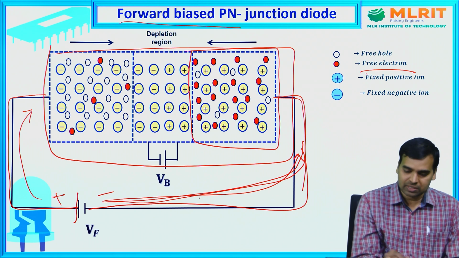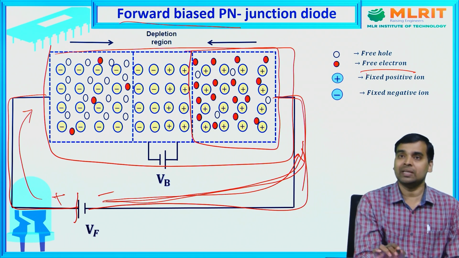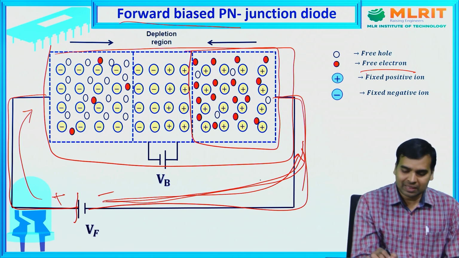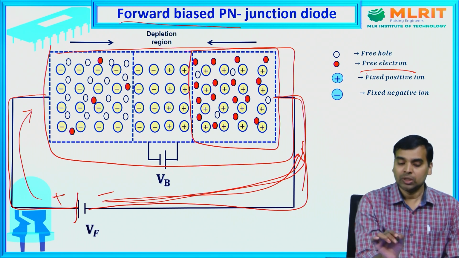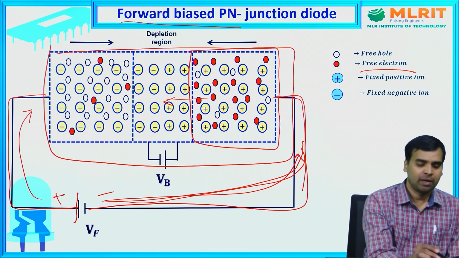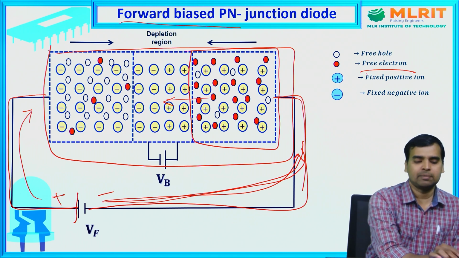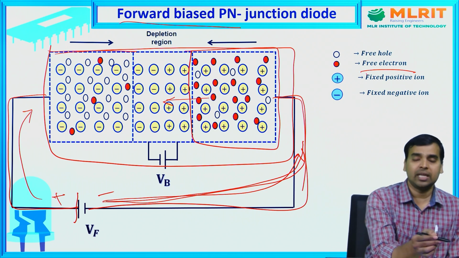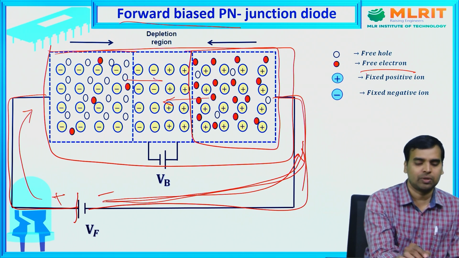That means electrons are increasing with increasing forward voltage. I hope you all know that there exists a repulsion force between like charges. So between these incoming electrons and the electrons in the n-type semiconductor, there exists repulsion. Due to the repulsion, electrons try to move towards the barrier. At the same time, from the p-type side also positive charges are coming. In the p-type side there exists a large number of free holes, which have an imaginary positive charge. Again, between positive and positive there exists repulsion force. Due to the repulsion, holes try to move towards the barrier.